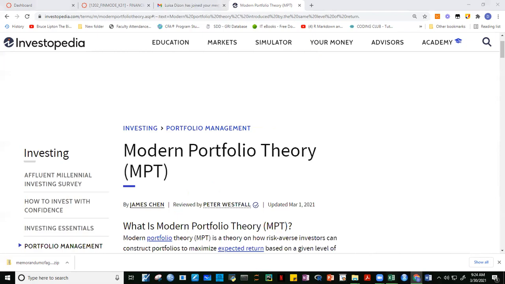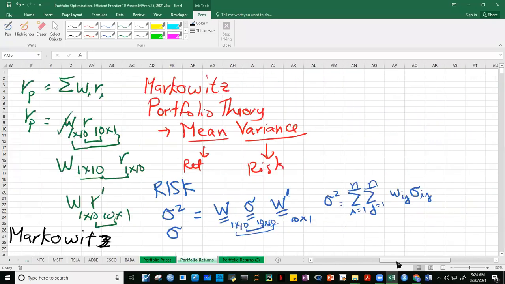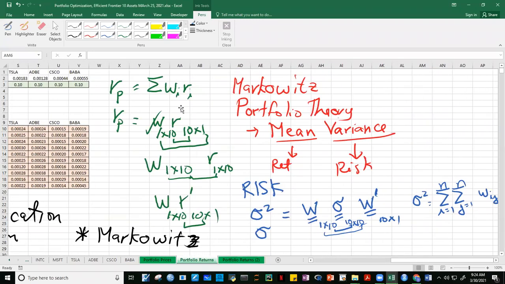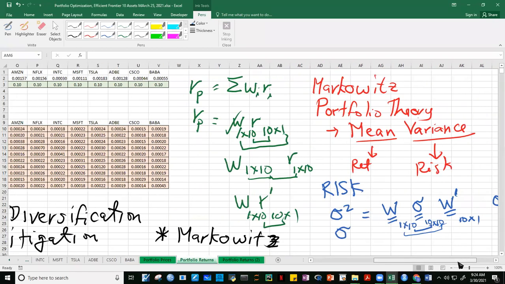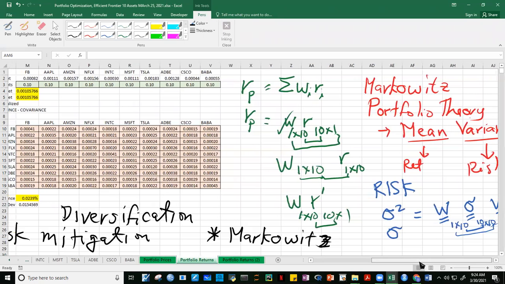Okay, so last time we were saying that in order to compute for the returns, ito yung formula, no? Okay, so given your returns per asset, return ng isang asset, tapos depende dun sa investment natin sa asset na yun, we will be able to get the weight of the asset. Okay, so if we sum up the weights multiplied by the return of each individual asset, you have the return of the portfolio. So straightforward yan, no?